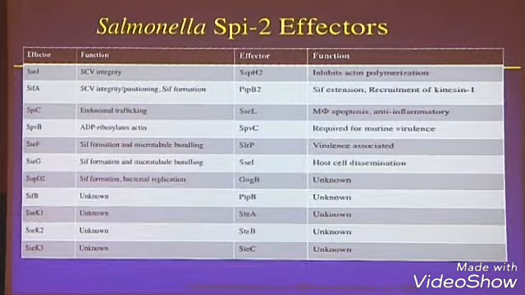This is a list of known Salmonella type 3 SPI-2 effectors that we know are injected into mammalian cells, and we've been able to, well, not we, the field has been able to assign functions to. Our lab's involved in several of these, but others not. But you can see there's several of these things we just don't have a clue what they're actually doing inside the host cell yet. Not only do we not know what they're doing, we also think that there's probably other SPI-2 effectors that we don't know yet that might be involved in this process.